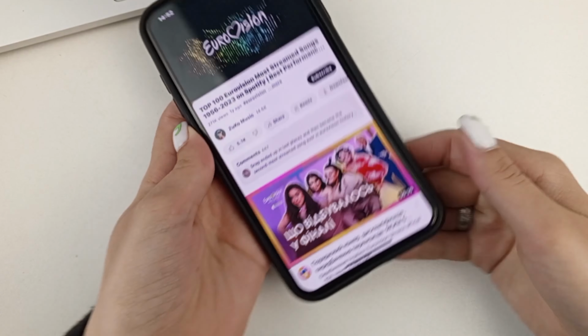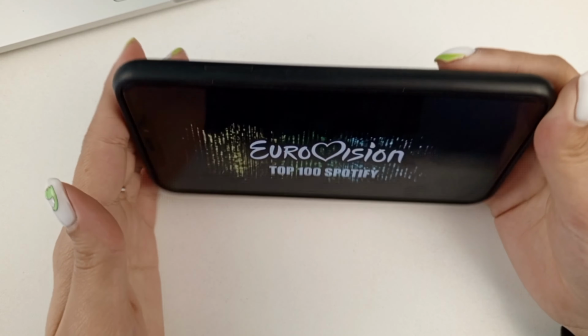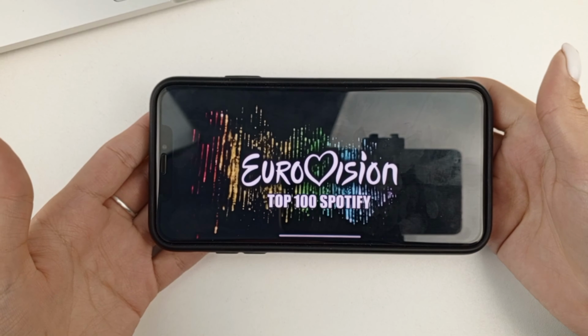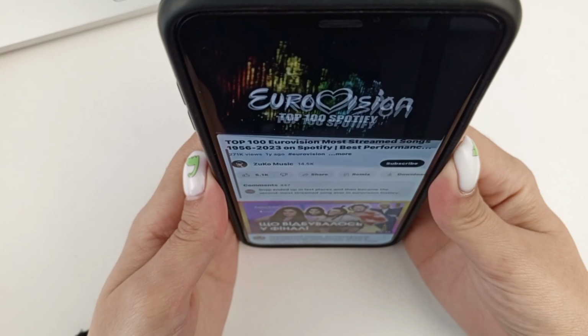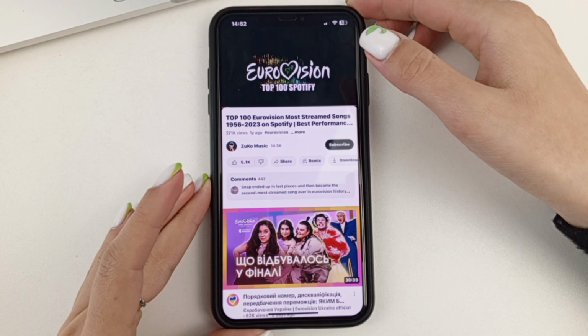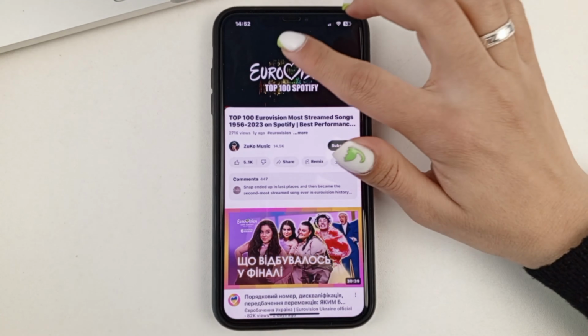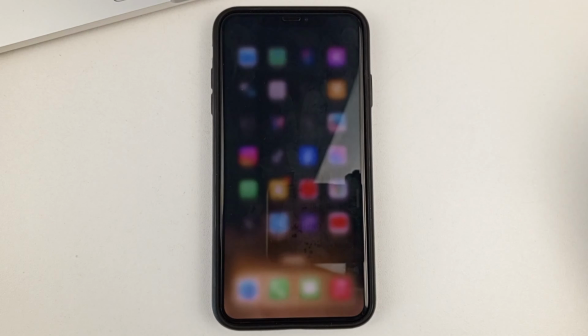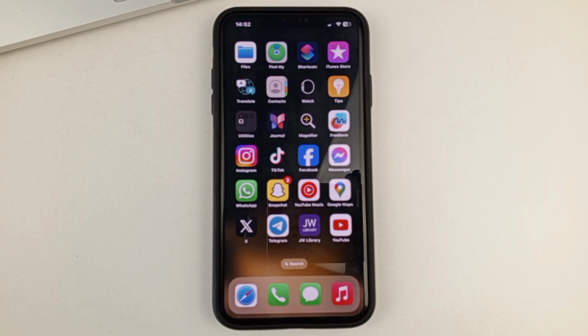Let's say I have a video playing right now, and I just flip my phone over like this, the video will automatically flip over and then flip back. That's what auto rotate is on your iPhone. But if it's not working for you, now I'm going to show you a few ways you can fix it.